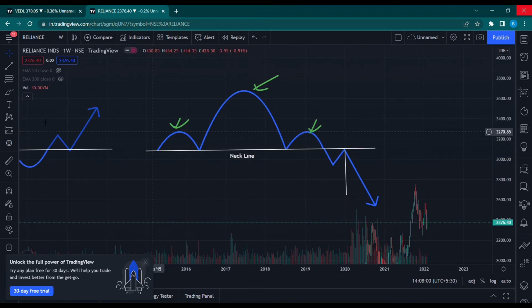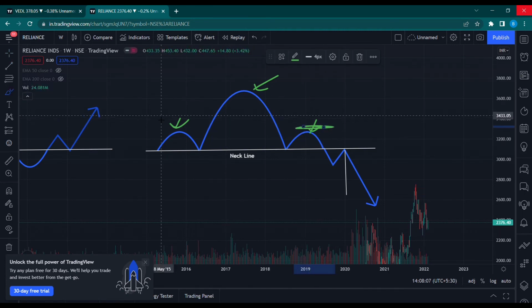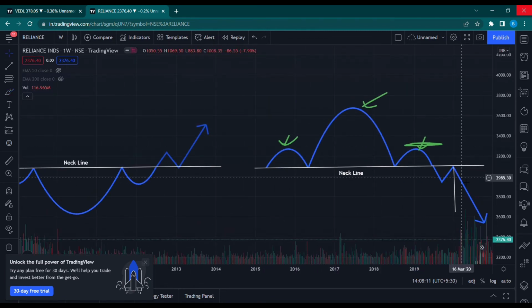And if I were to talk about the stop loss, then usually it is set just above this shoulder, right? Just above this shoulder. So this is a head and shoulder trade. Again, do not trade based only on head and shoulder, because this does not have really high accuracy, right? You will see it failing a number of times, right?